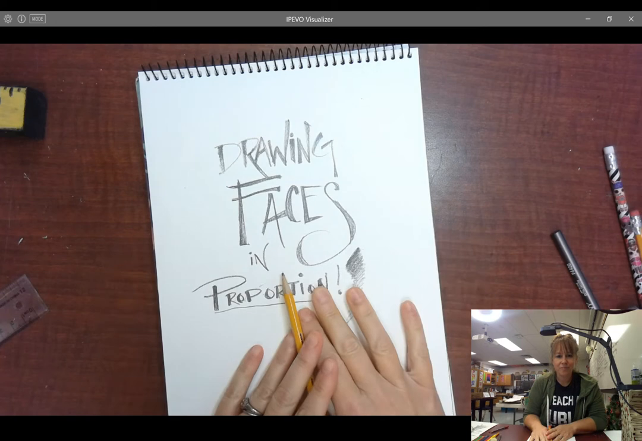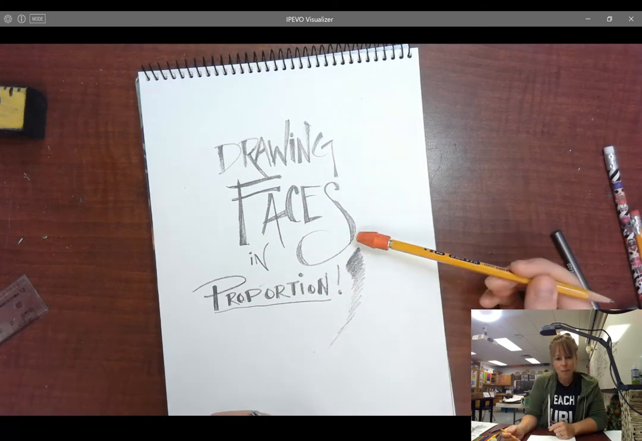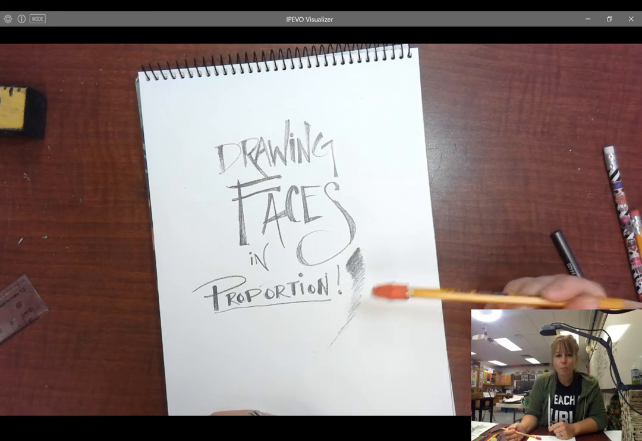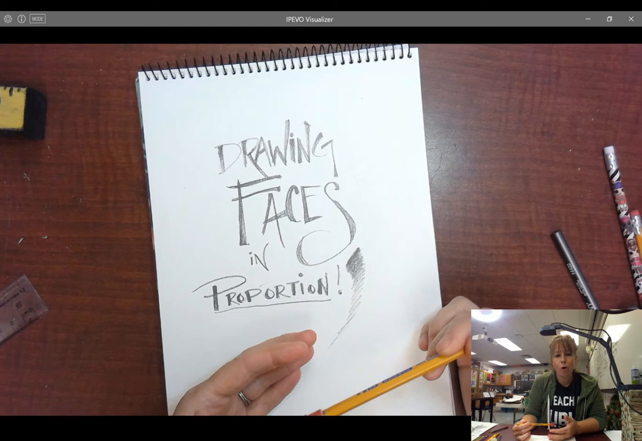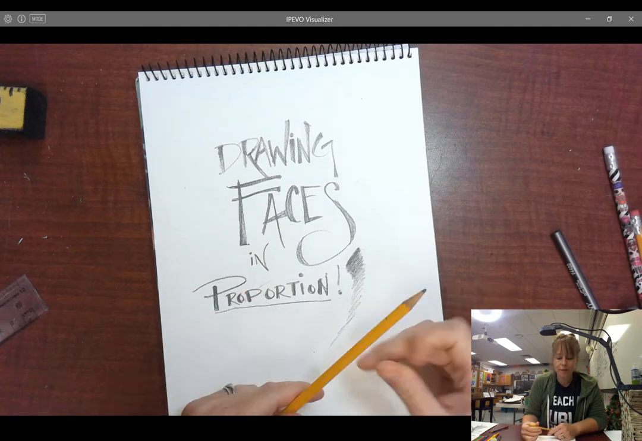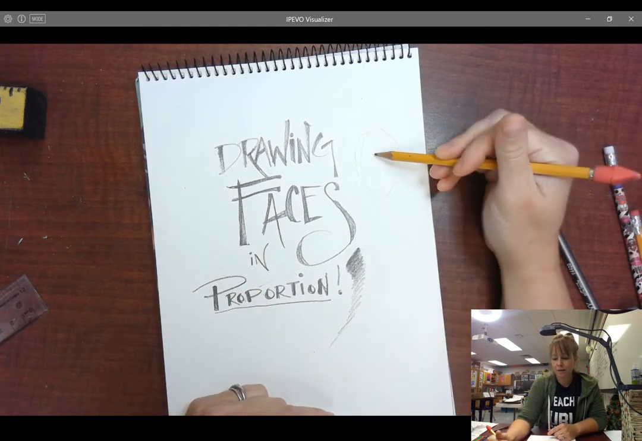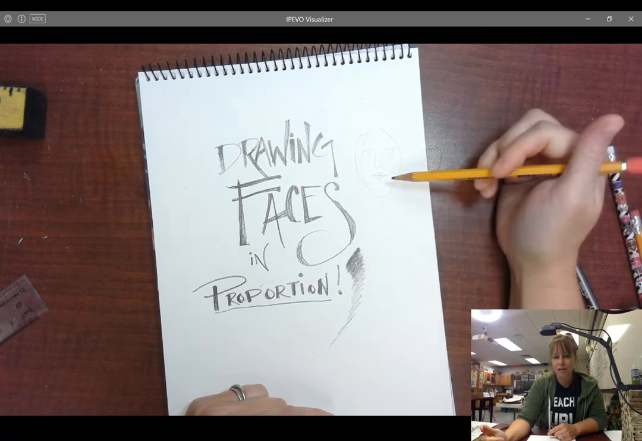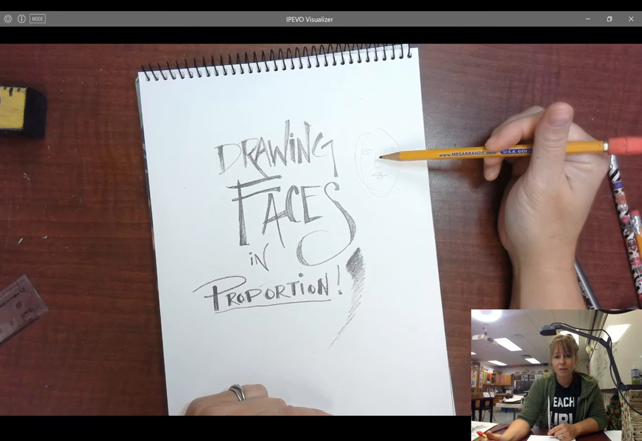Hey there. So today we're going to talk about how to draw faces. We're going to talk about how to create the correct facial proportions. Proportions mean that all of the different parts of a whole make sense together. And what that means is if I'm drawing a face, the nose and the eyes and the mouth, all those different parts, they have to make sense with each other based on their placement and their size and the way